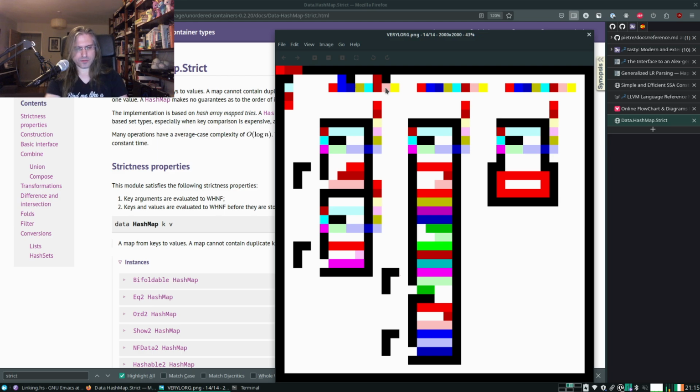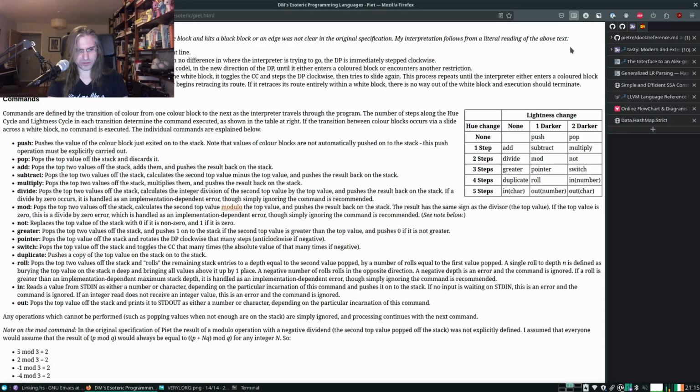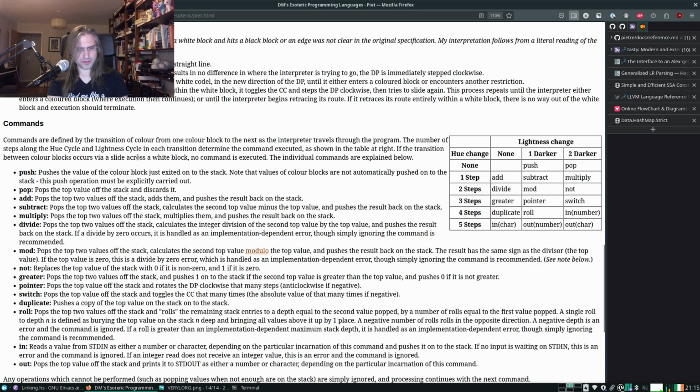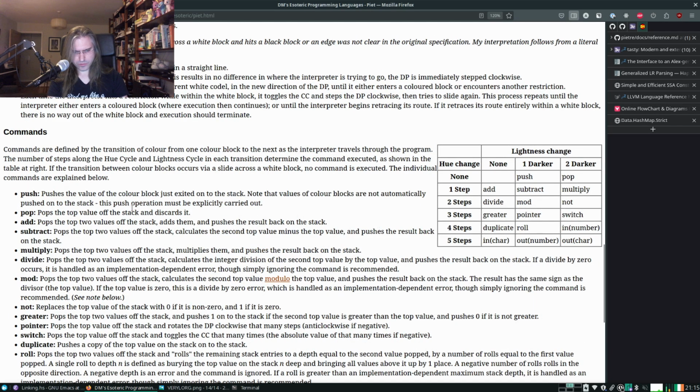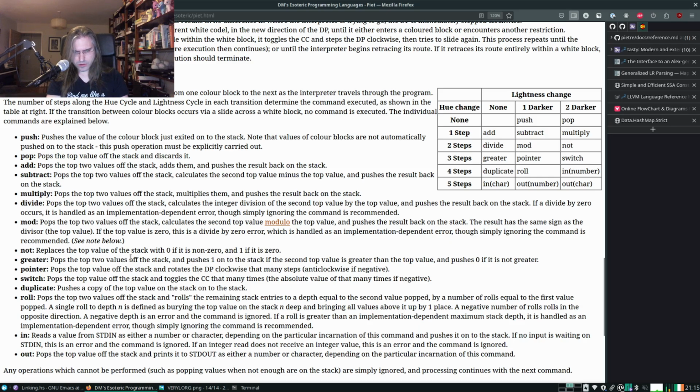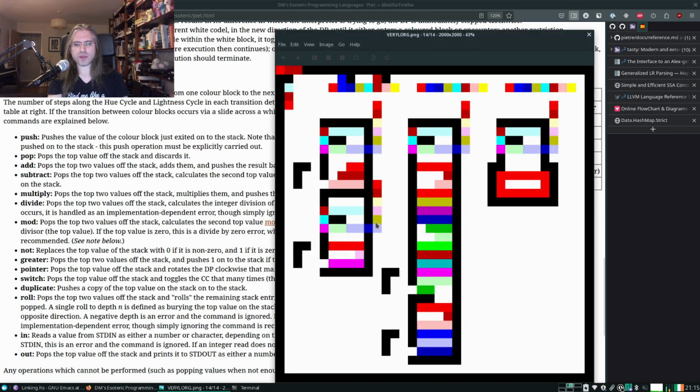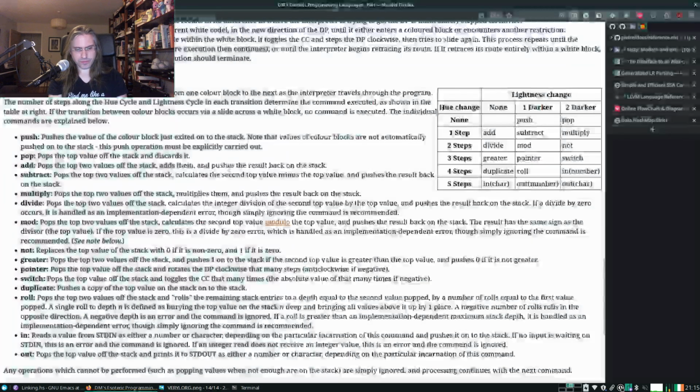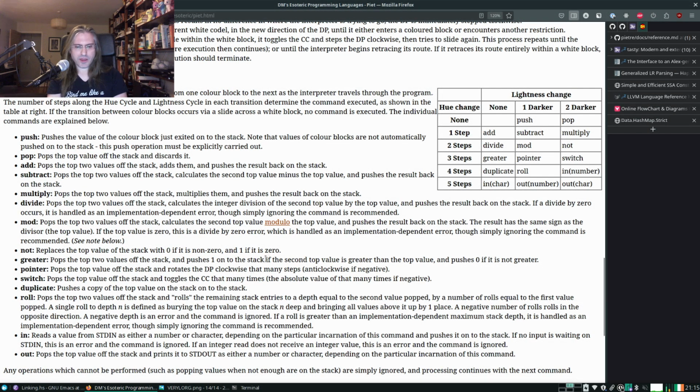Let me think about this. How does the greater instruction work in Pete? Let me zoom this on the stream actually. It's a strict greater. Okay. So here I want to continue if the second top value is greater than the top value.